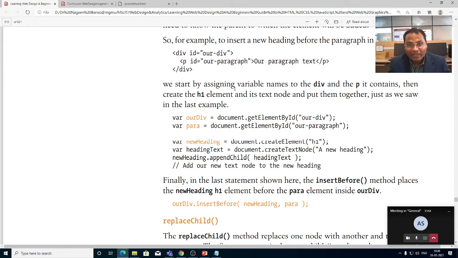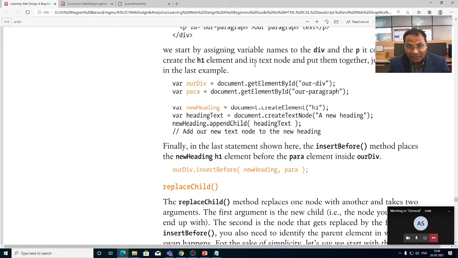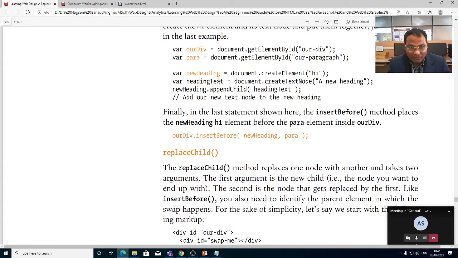We start by assigning variable names to the div tag and the paragraph. Then create an h1 element and its text node and put them together, just as we saw in the last example.